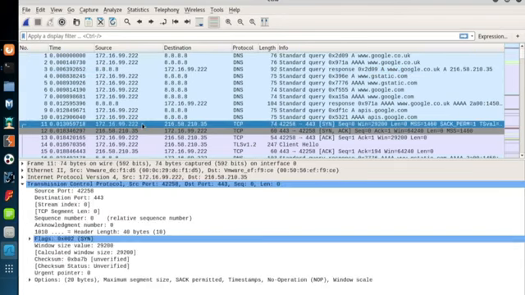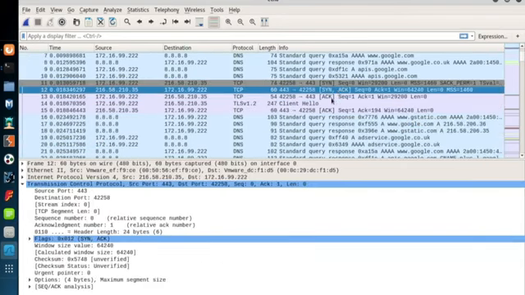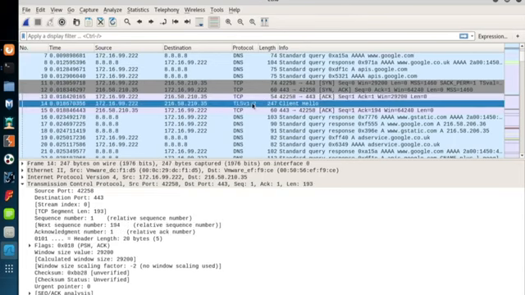Here there's a TCP three-way handshake between Kali and port 443 of Google's web server. And now a client hello TLS packet to start the TLS handshake, again between Kali and Google's server. Now to get rid of the other traffic records, I'd like to filter the results by the IP address of